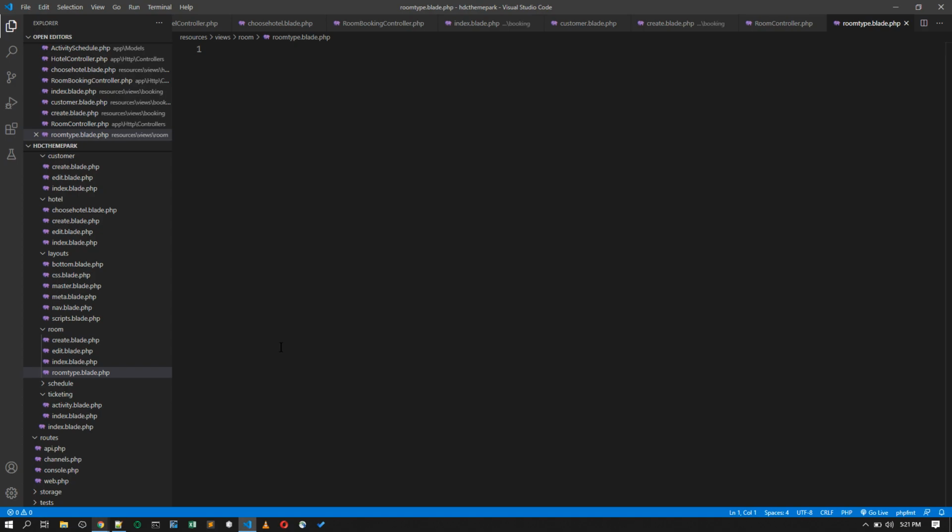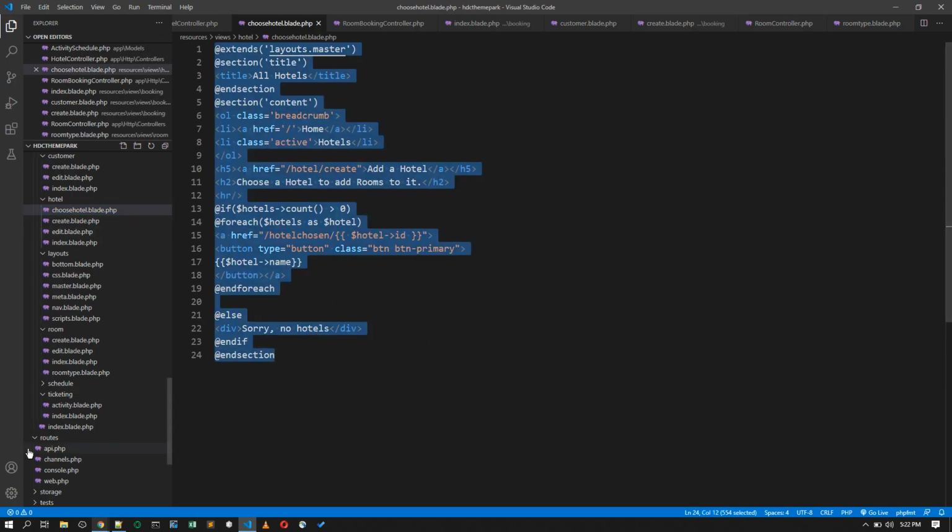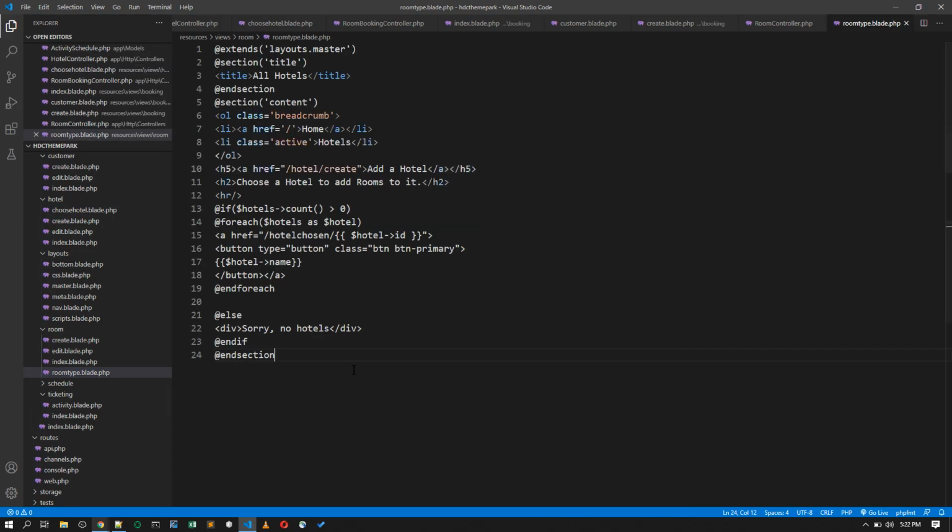And this is also going to be similar to, where is that data, just like the way you have done for the hotel. Yeah, this function choose hotel. Let's copy this here so we have a layout and everything. So room types. What do you want to do? I have all my room types, right? You're getting room types this time. If room types is greater than, meaning there is more than one room type, and room types as room type,